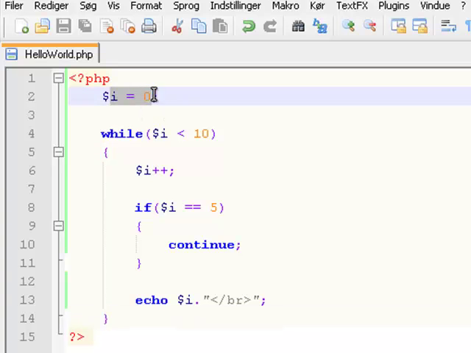As I said before, we have a variable called I, and it is set equal to 0. And then we say that as long as the variable I is less than 10, increment I by 1, and then check: if I is equal to 5, then continue. If it isn't equal to 5, then just print out the value of I and go to the next line. So now it's time to explain what the